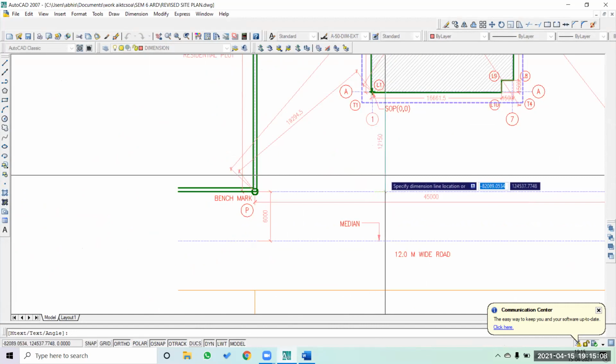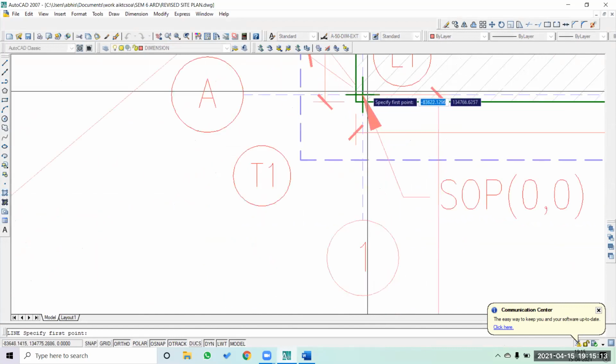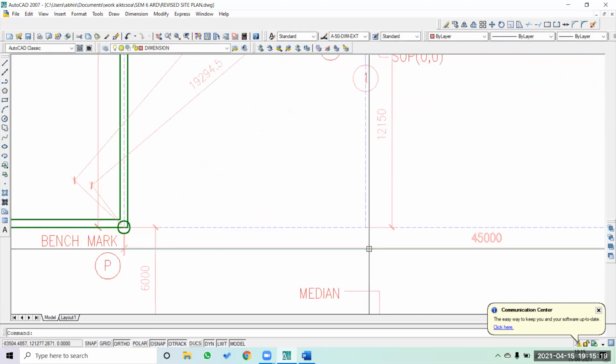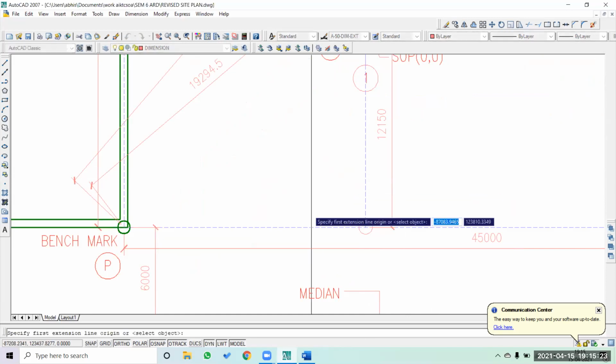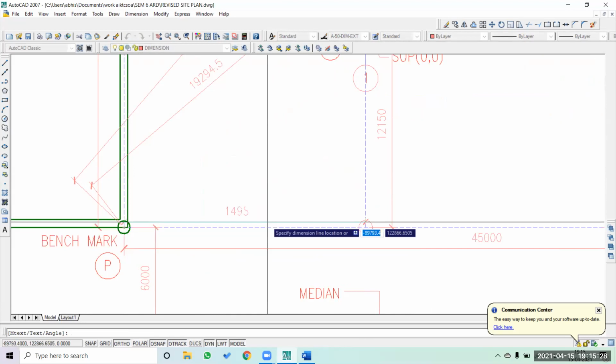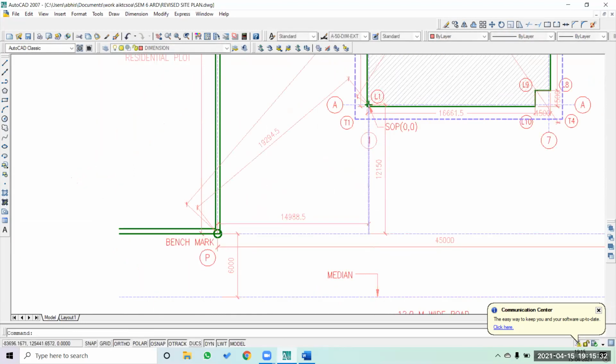This particular dimension, the point which is perpendicular to this road, that particular point, we also have to give the measurement of it so that we know from where we are going to actually plot this particular triangle.